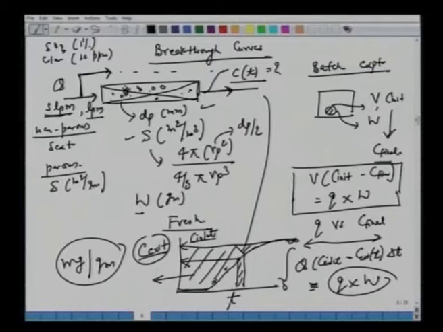What we are interested in here is trying to understand this response. This response is nothing but what we call the breakthrough curve, which is the topic here. What are the mechanisms? What are the factors which govern the characteristics of this outlet profile? In this course we would like to skip certain very rigorous mathematics and take very simple cases. So let's get back to this problem here: a packed bed, a certain diameter of this adsorbent, a certain amount.